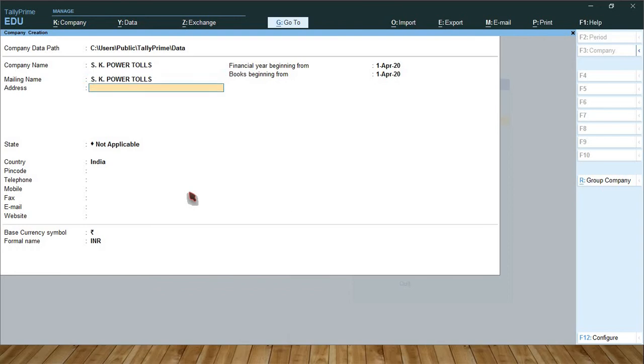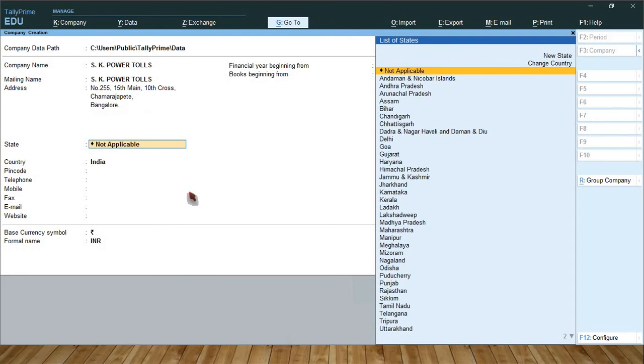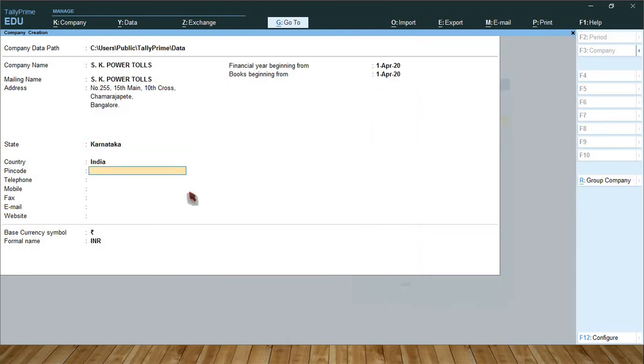So mailing name, address, type the address: number 255, 15th Main, Tenth Cross, Chamarajapete, Bangalore. State Karnataka, pin code 560048, telephone number including STD code,